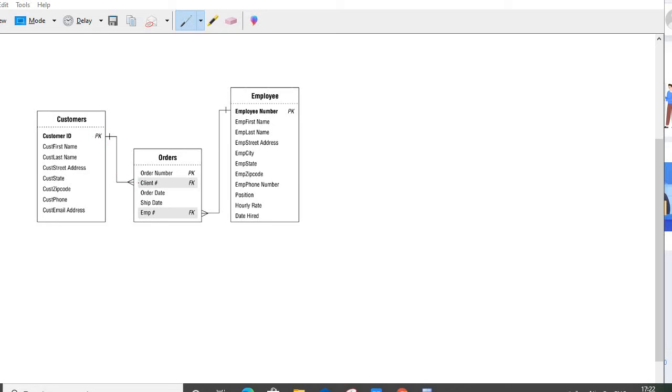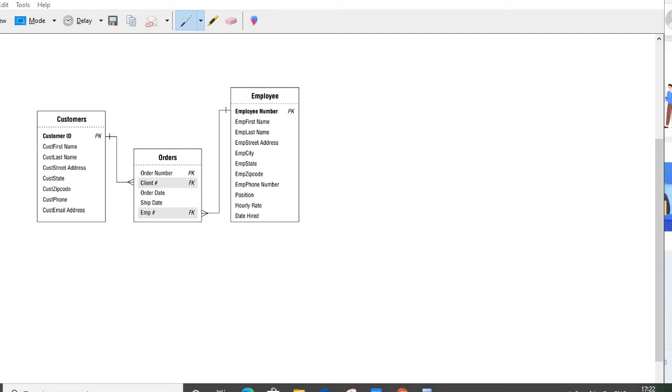So it means that when we create this orders table, the customer table and the employee table must exist previously. Or we can say the customers and employee tables must be created before we create this orders table.